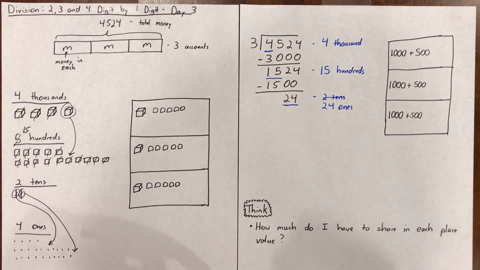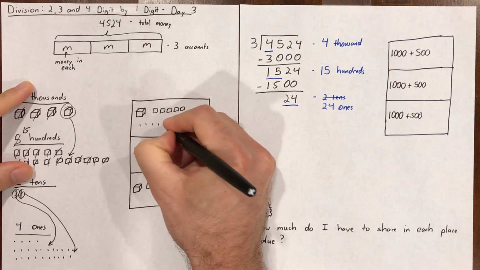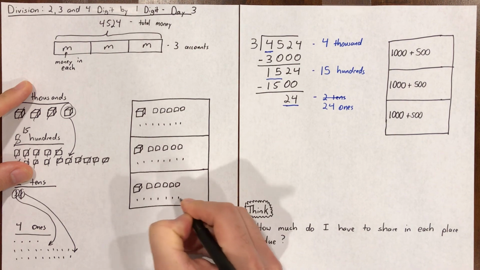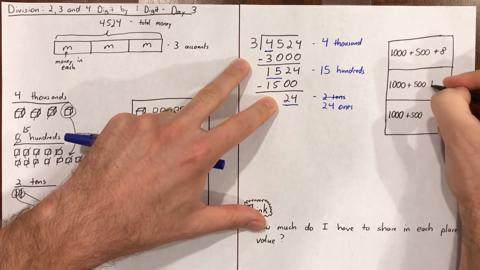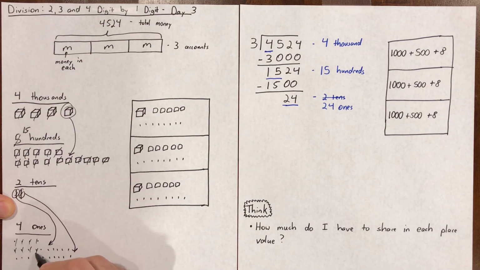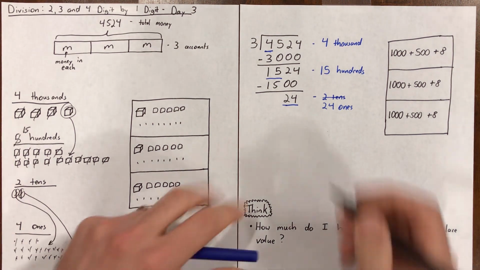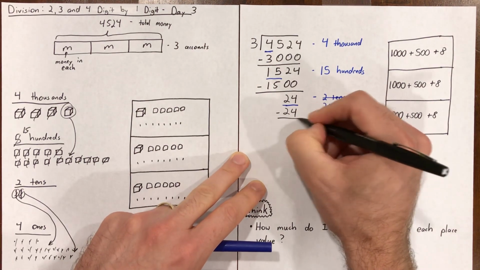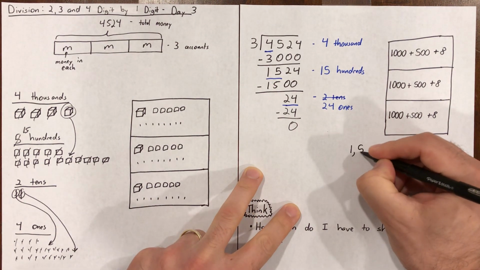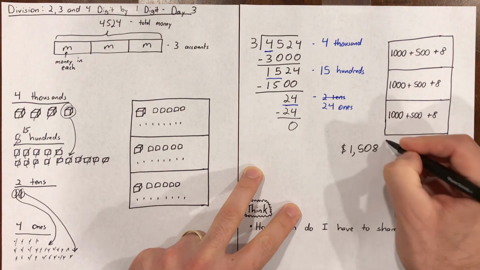So that means I'm going to put 8 into each group. I shared 8 into each group, so I shared all 24 of these ones. Used them all. And then here I'm going to subtract 24 because I shared 24 ones. Great, so my final quotient is going to be 1,508. That is how many dollars go in each